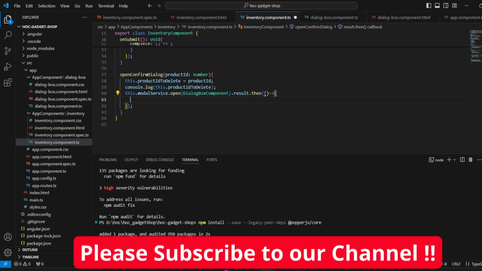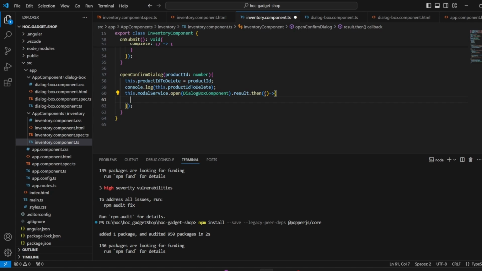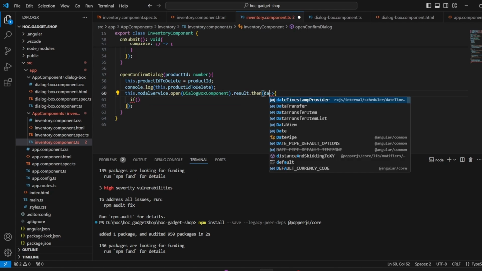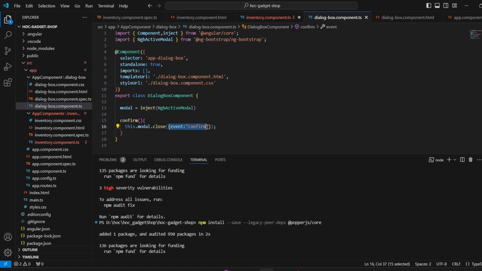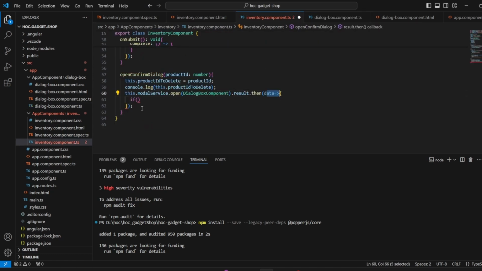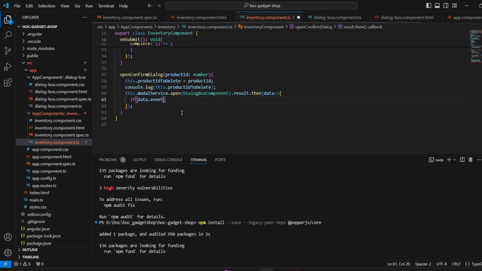There should be a condition that once we have got the result, we are also checking that the result is what we had expected. So the data that we are taking from the result, this data is being passed from here. If the property of the data, that is event, as I have mentioned here, has its value equal to confirm,